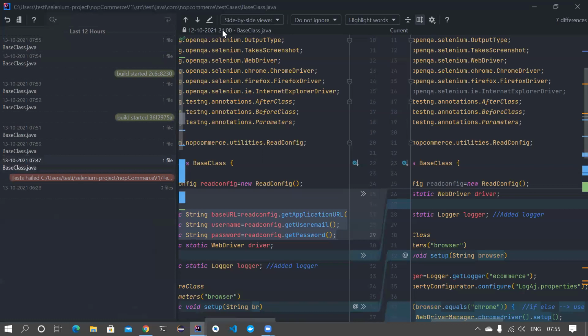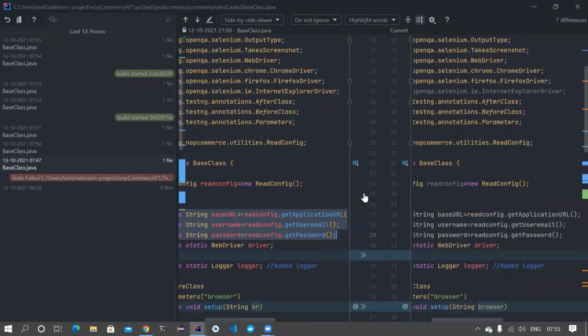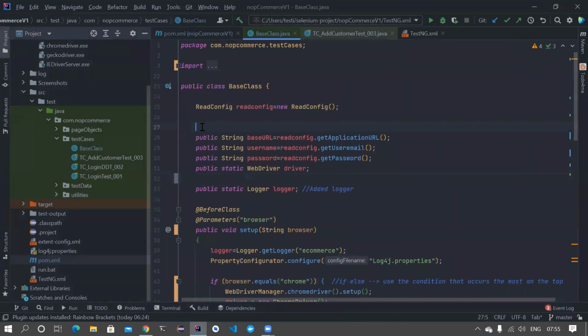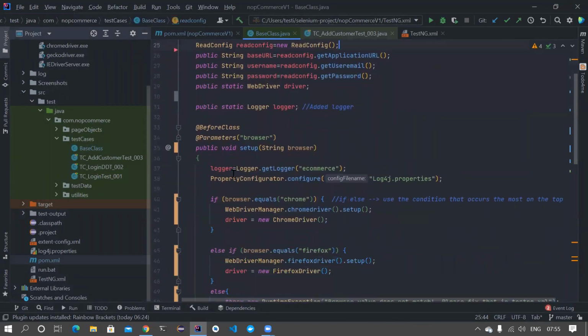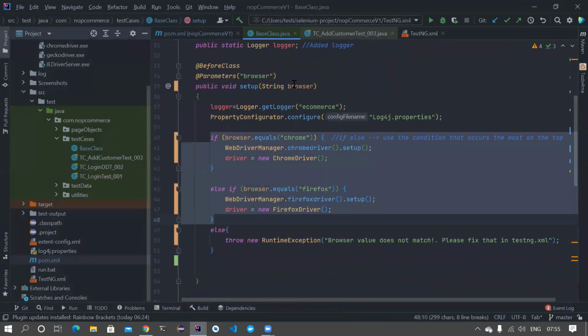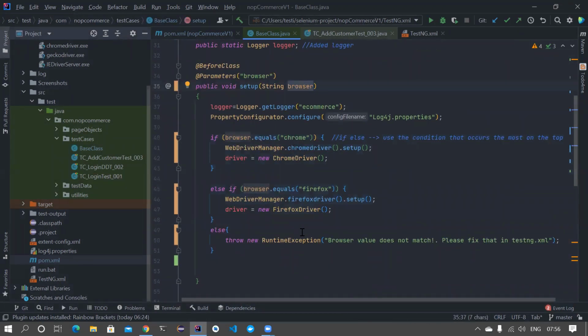So this is the version on 12th October 2021 at this particular time, and this is your current version. Current version doesn't have that. So I just want these 3 lines of code. I add it, and then I close this. Now if you notice, you have these 3 lines of code. Again, you don't have to do Control Z. If you do an undo, then you have to again do this. Again, you need to change the browser, all these things. So don't do undo.